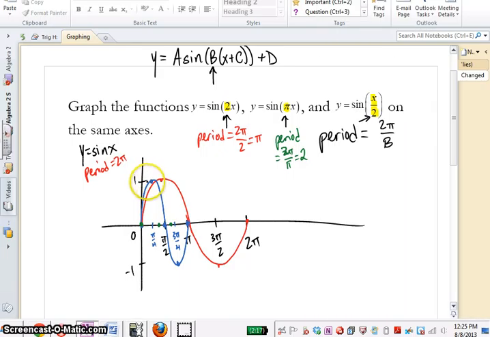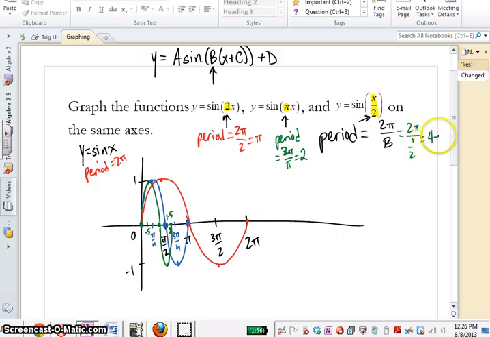And we'll go up, down. Here, this point should be 2. This is 1, which makes this 0.5. And this middle point here should be about 1.5. And that's our graph. Our final graph, sine of x over 2, the period here is 2 pi over a half,